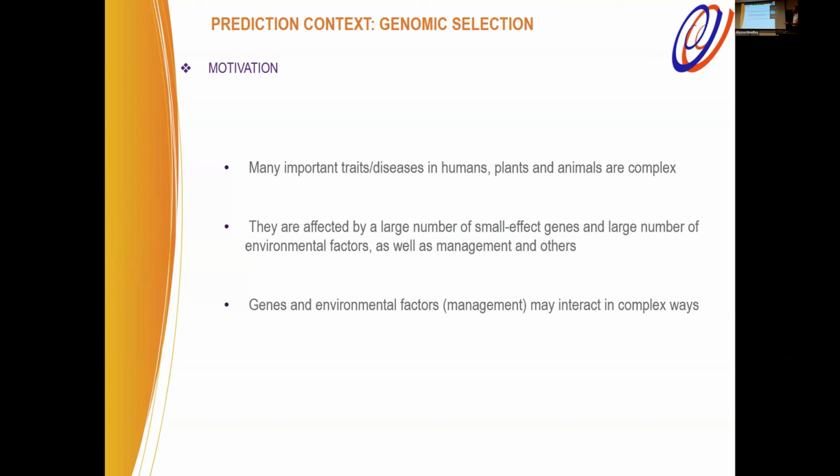So why are we talking about these things? Because as breeders, many times you're interested in improved varieties. So you have to observe those things in fields, and sometimes the environmental conditions might be good or might be a little difficult or challenging. So it's going to pretty much shape the phenotype that you are observing.